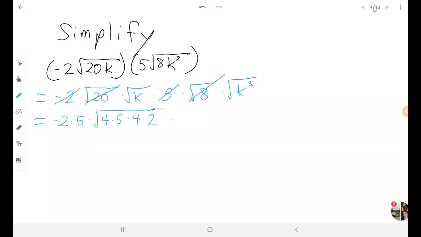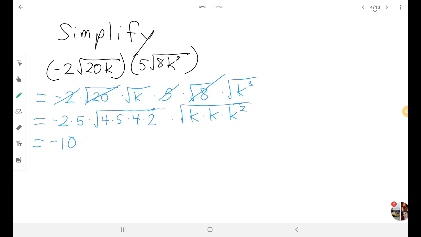And so now I've got the k's, and I'm going to put all the k's under one square root. That's going to be k times, and again, instead of calling it k to the third, I'm going to call it k times k to the second, because k squared has a nice, neat, obvious answer to its square root, because the square and the square root will cancel each other. So now, I'm going to take this -2 times 5, and simplify that and multiply it together and get -10